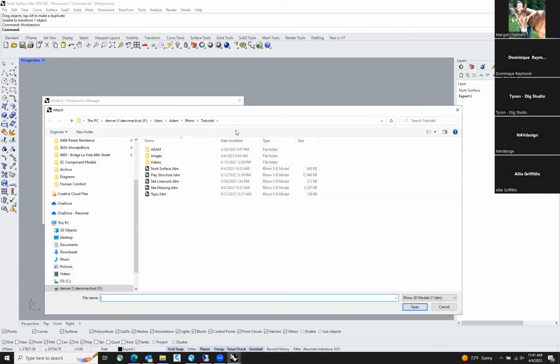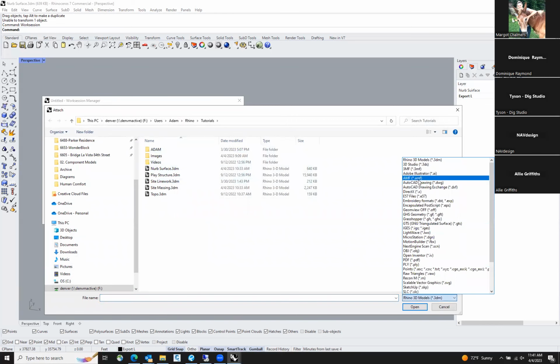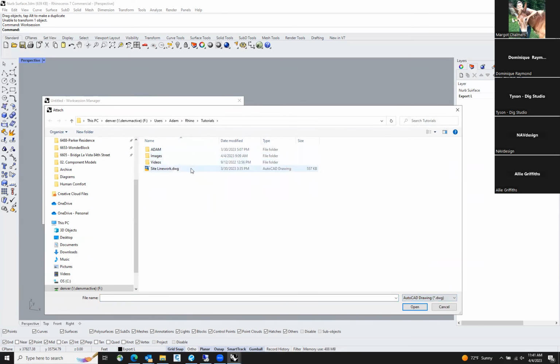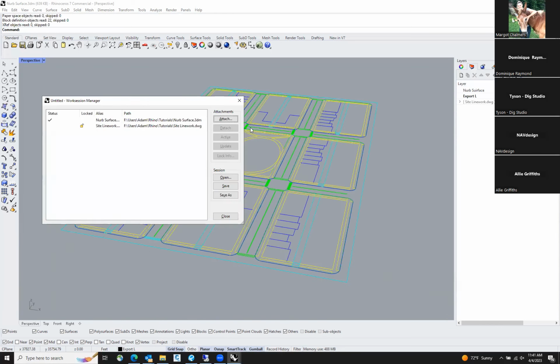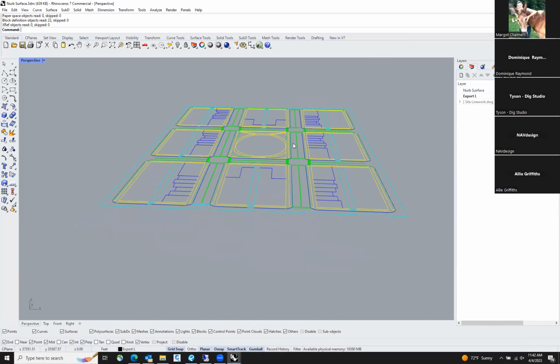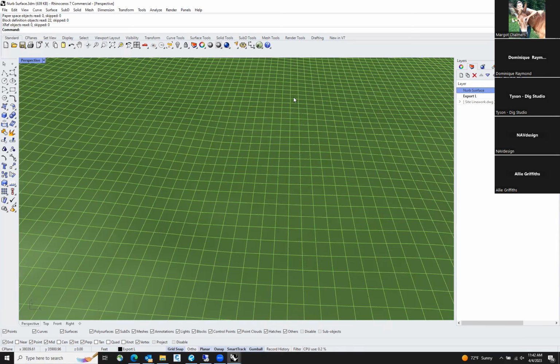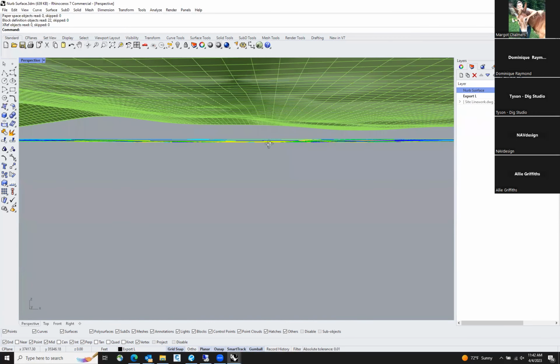This is really nice when you're working with architects who are exporting their building information in Revit, because those files can get extremely heavy, and I don't like to pull them into my Rhino file, because then it can become unusable because there's just so much information that it's trying to process. So that is just a quick example of work session, and I'll show you how that works with